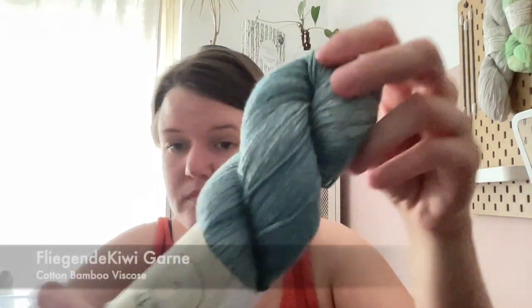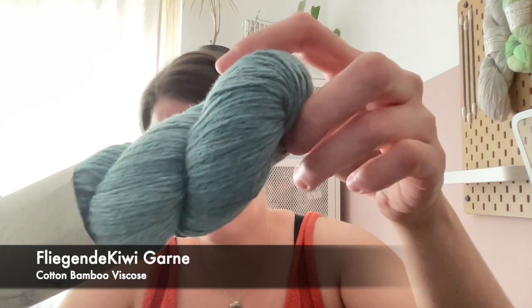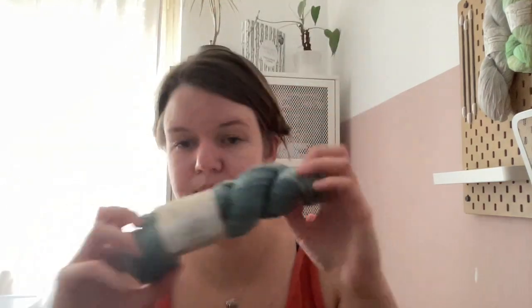The first one I got was also from Fliegende Kiwi Garne, and this is her cotton viscose, bamboo viscose base. I think it's somewhere between 3 and 3.5 millimeters. It's called Sea Spray, and I already swatched for it, but I'm not quite sure yet what I'll make out of it. I didn't wash my swatch yet, but I think I might do something with lace because I have enough